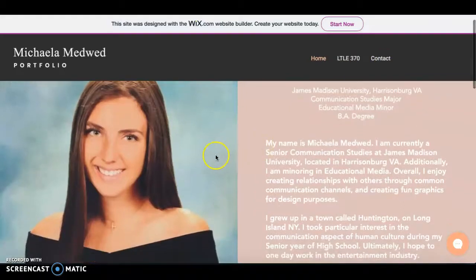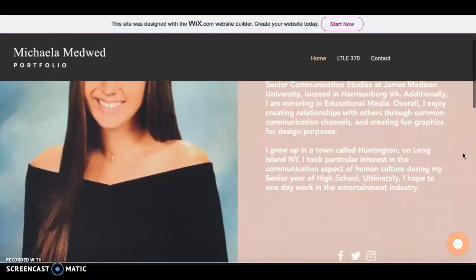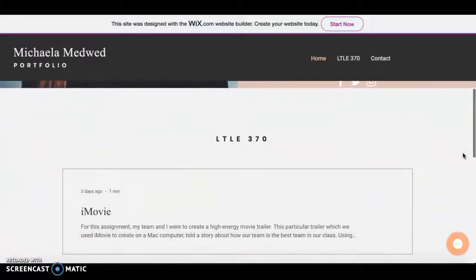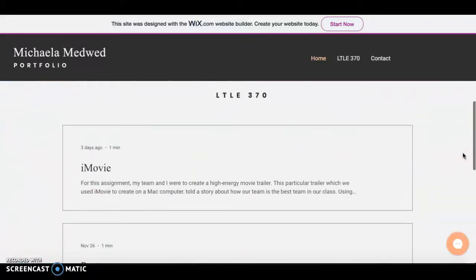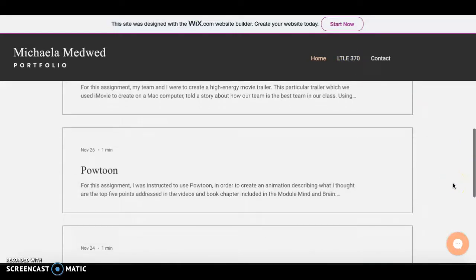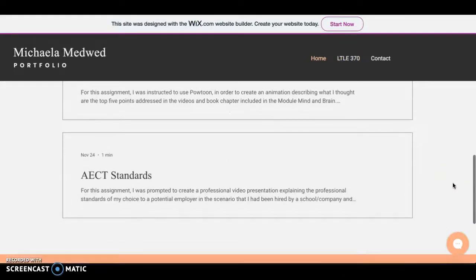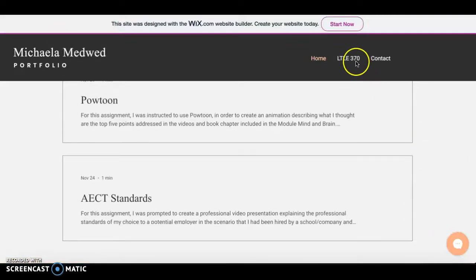As you scroll down, you can notice a picture of myself with a blurb about myself regarding where I go to school, my education, a little bit about myself for whoever views the portfolio. As you go further down, you can notice a brief little overview of what LTLE 370 will hold. Right here, it only shows three overviews of three projects, but as you get into this tab, you can notice